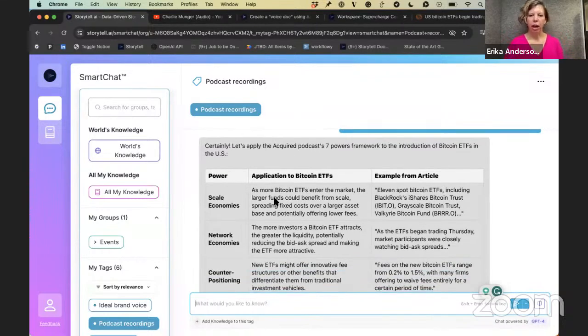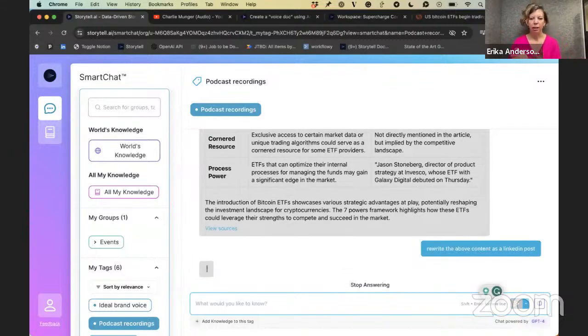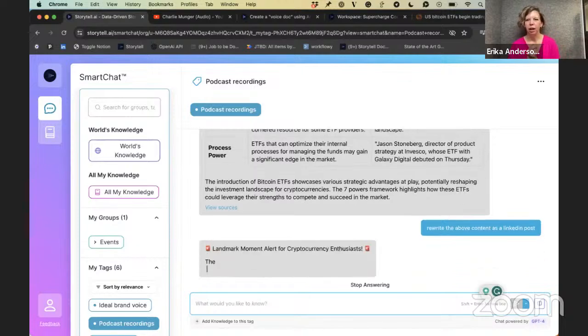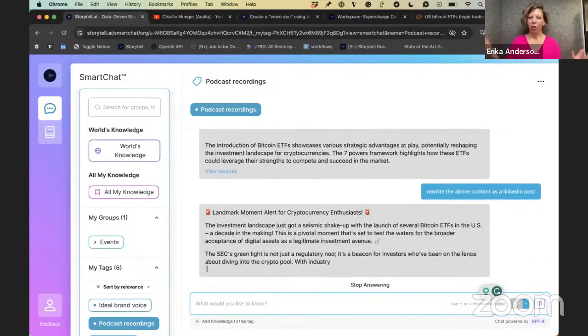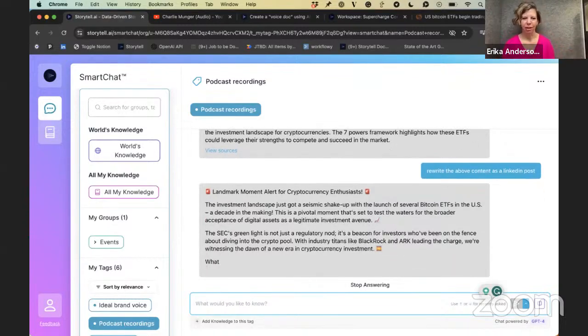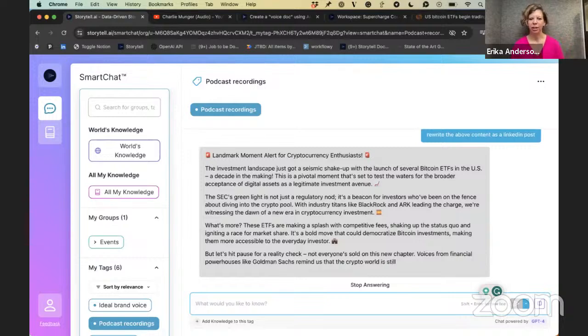So it could be, oh yeah, let's drop this as a table, or rewrite the above content as a LinkedIn post. And again, that could be a good prompt, or it could not, because are all LinkedIn posts the same, etc.? So we're getting some emojis here.